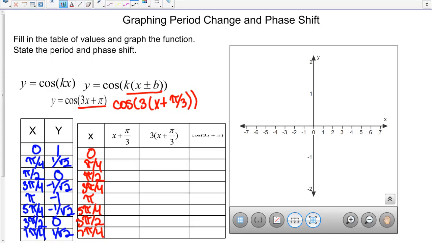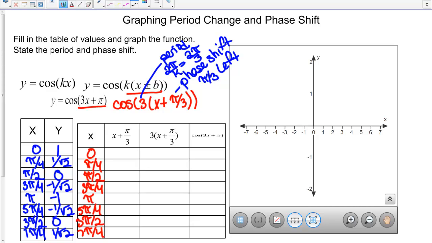So our phase shift is going to be pi over 3 to the left, and our period is going to be 2 pi over k, which is 2 pi over 3. All right, so first thing we do, we need to add pi over 3 to each of our x's. So we get pi over 3, we get